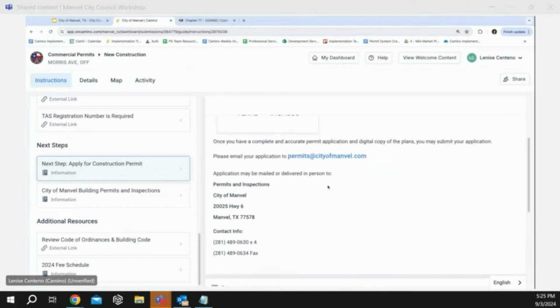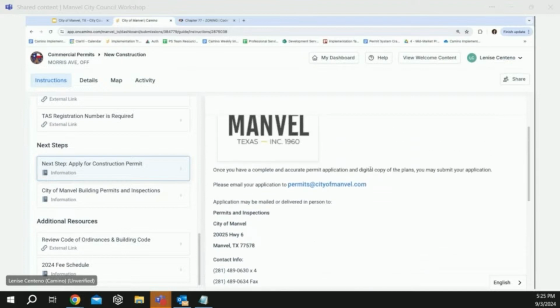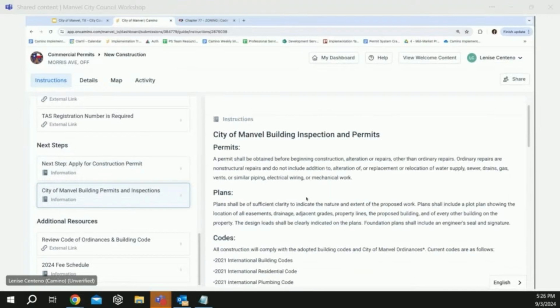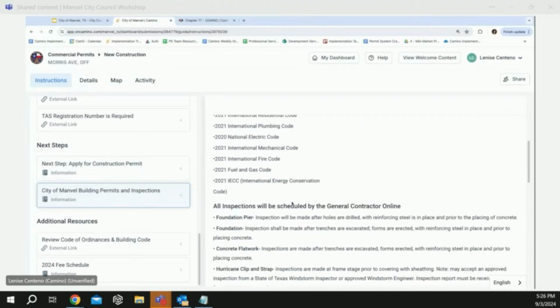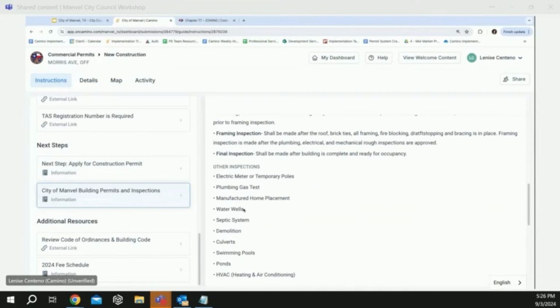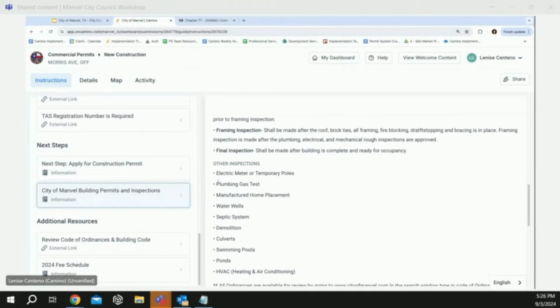Some other things that we may want to think about is, what's the plan review process? How long does that take? What are some of the reviews that happen during that time? Just so the resident can get a timeline of that and know what to expect up front. We also have something here for building permits and inspections as well, just some information on what those required inspections will be, how to go ahead and schedule those if they're scheduled through the city, and things of that nature as well.